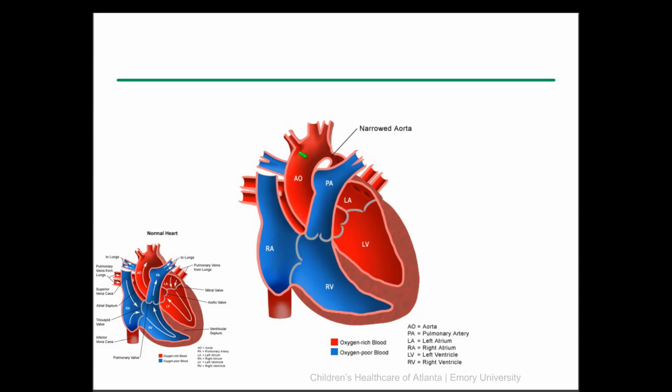So blood is going to pump out the aorta to go to the body, and then we run into a problem. We have a narrowed aorta here. So this is going to be coarctation of the aorta. In coarctation of the aorta, we have a narrowing of the aorta. It can actually be anywhere along the aorta, but this is the most typical spot, at the spot where the